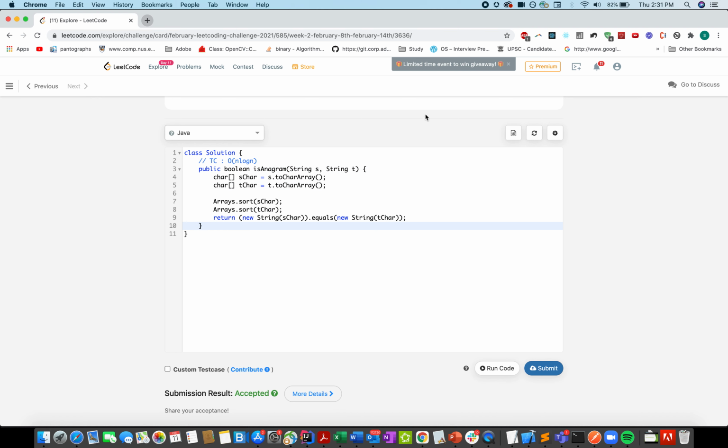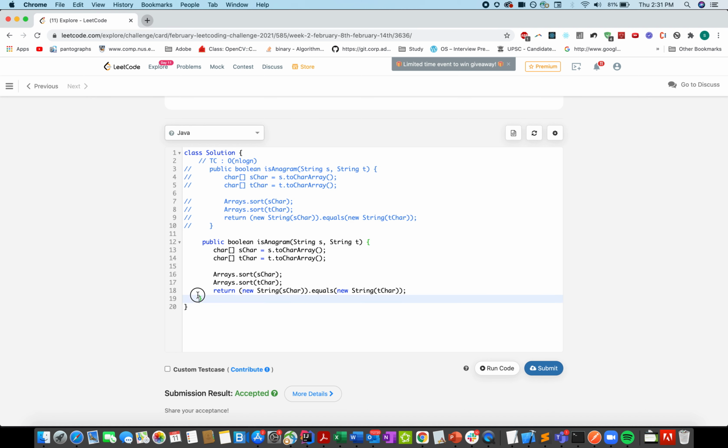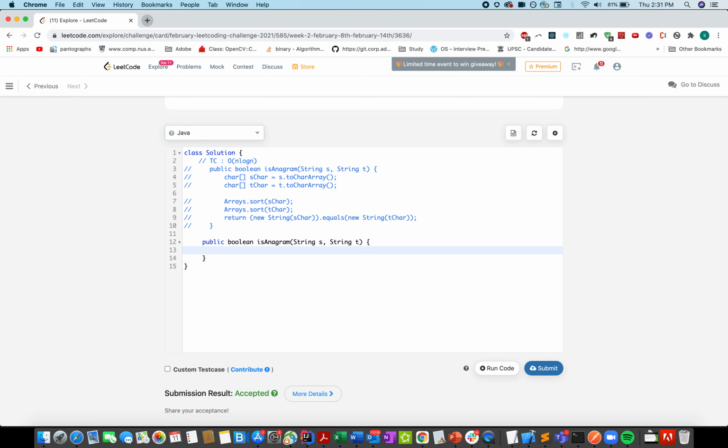And let's write the other approach, the second approach, where you are doing it in order of n. So commenting this code and creating two frequency arrays. int[] frequencyS equals getFrequencyMap, pass string s to it, and similarly t, and let's compare the two frequency sets.